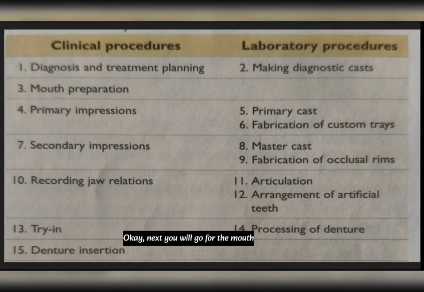Next you will go for the mouth preparation. Fourth, you are going to do the primary impression. Fifth, the primary cast. Then fabrication of the custom tray. Then the secondary impression. Then the master cast. Then fabrication of the occlusal rim. Then you will record the jaw relation. Then you will articulate it. Then you will arrange the artificial teeth. Then you will give a trial. Then you will process the denture. Then you will do the final insertion. These are the steps involved